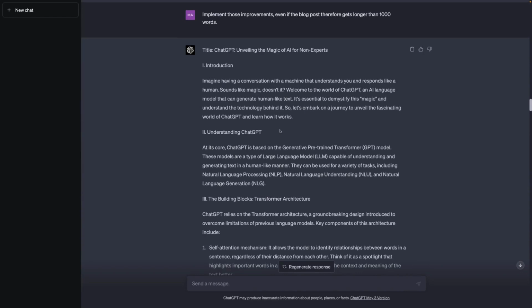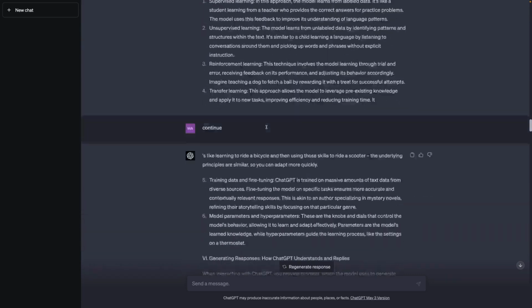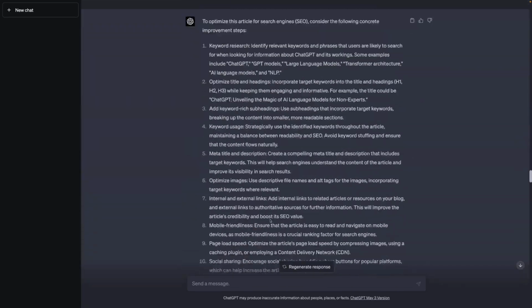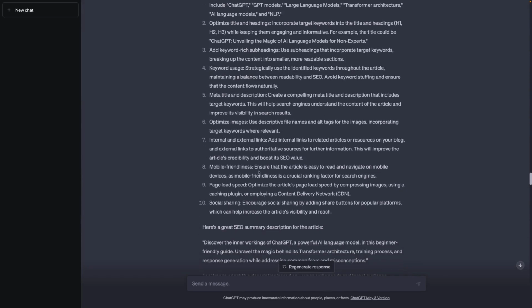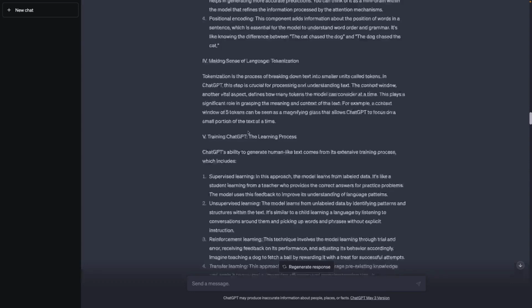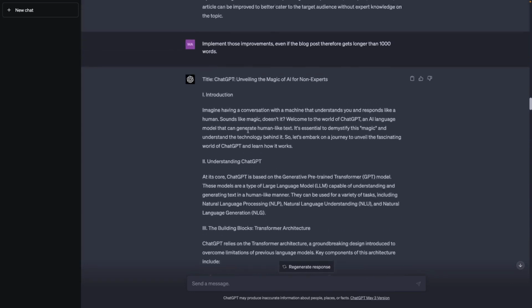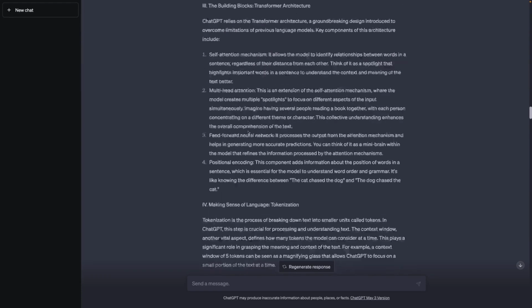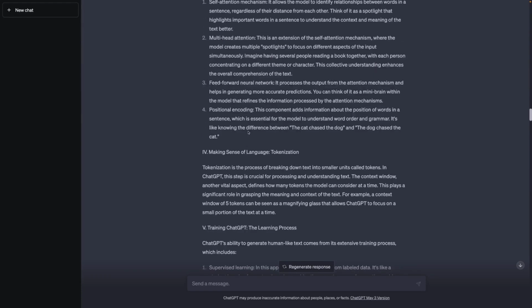So what we should probably do here to get this article with visuals and links in Markdown format is that we start a new chat, we manually add those visuals and those links it shared earlier in the sections where they should be added, and we then send a prompt to ChatGPT that includes this blog post, asking it to convert this blog post to Markdown for us. And that should then typically do the trick. This might be the preferable approach here. In this case, I'll not do it, simply to not